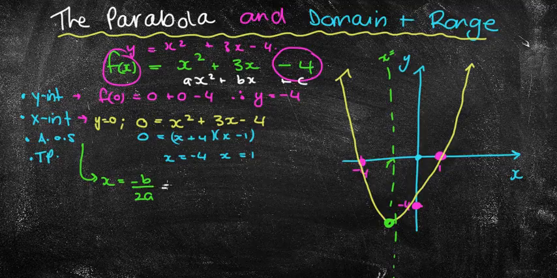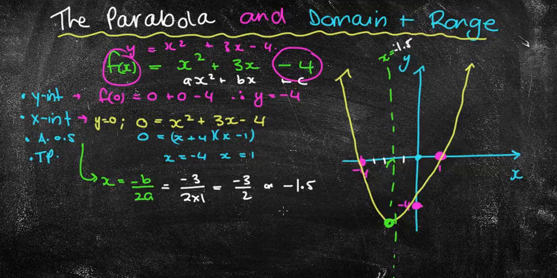So in this case, we've got -b, which is -3, all over 2 times a, which is 2 times 1. So we get -3 over 2, or -1.5. So I guess if we put -1, -2, -3, -4, you can see that